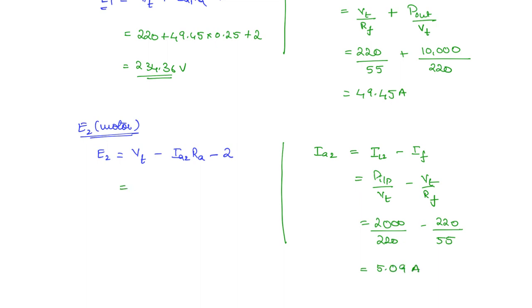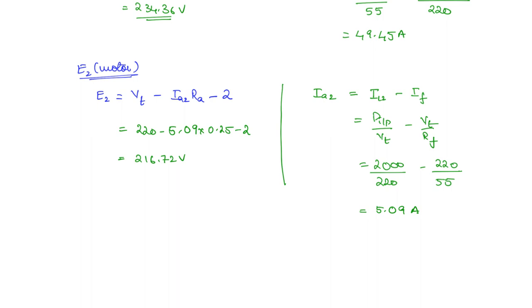Okay. So this E2 is equal to 220 minus 5.09 into 0.25 minus 2. This you're going to get 216.72 volt. So now we have E1 and E2. You can find out N1 and N2. So E1 by E2 is equal to N1 by N2. This gives N2 is equal to E2 by E1 into N1. So E2 is 216.72 divided by E1 is 234.36 into N1 is 1500 rpm. So this, if you calculate, you're going to get